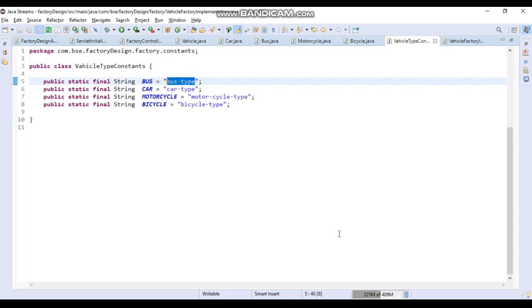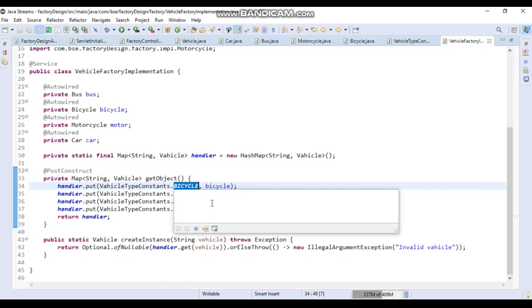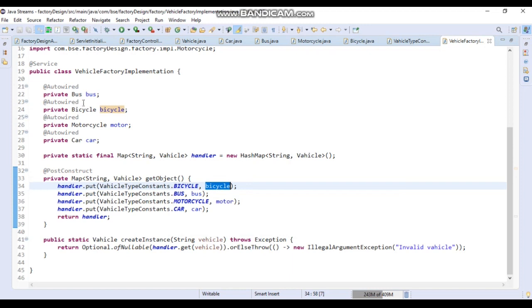Okay, so let's go here now. I have added all these vehicles to this map. I added bicycle with the key as the bicycle type string, and the value as the auto wired bicycle.